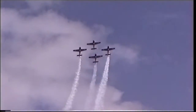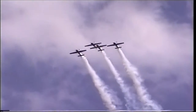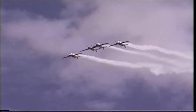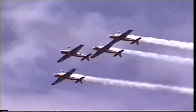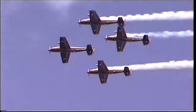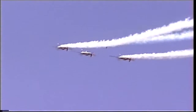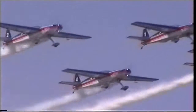Now the formation continuing in inverted flight, inclined to perform a split S. In this display, you will see the Halcones perform several maneuvers immediately after takeoff in vertical X formation. These maneuvers, which are common in aerobatic displays, illustrate the outstanding performance of the aircraft and the high level of